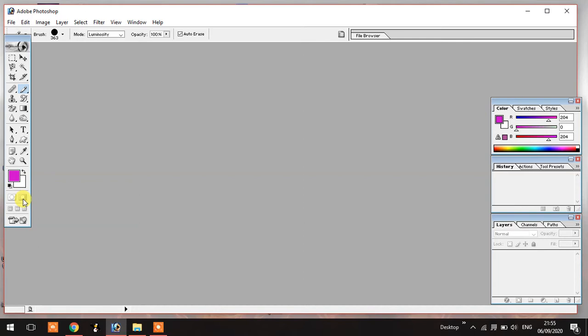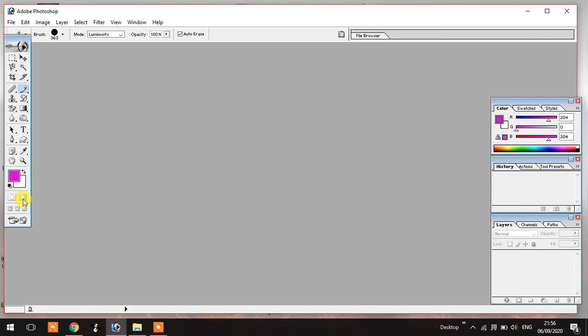It contains various type of panels, and tool panel is one of the most important panels for editing as per your requirements. Tool panel also contains different types of tools. Today I am going to explain about the brush tool.